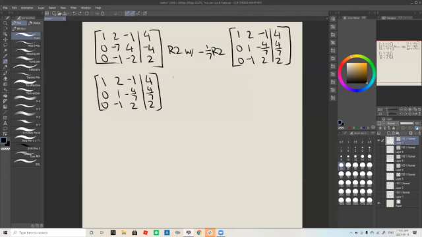So that means this 1 will be 0, which is what we want. So row 3 with R2 and R3. So we get